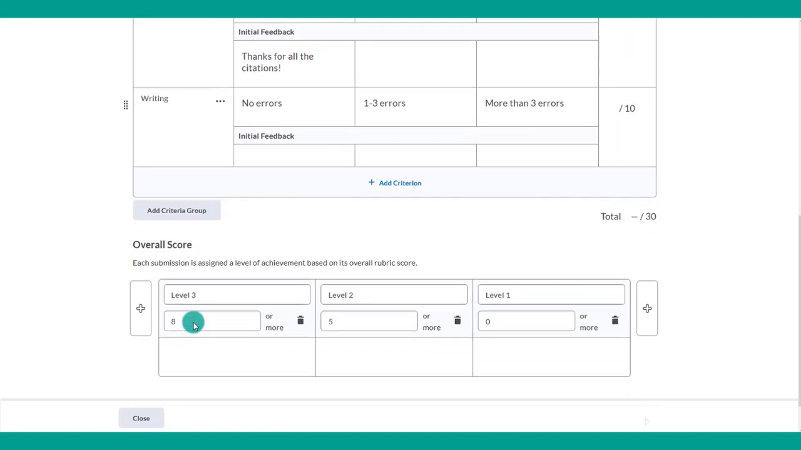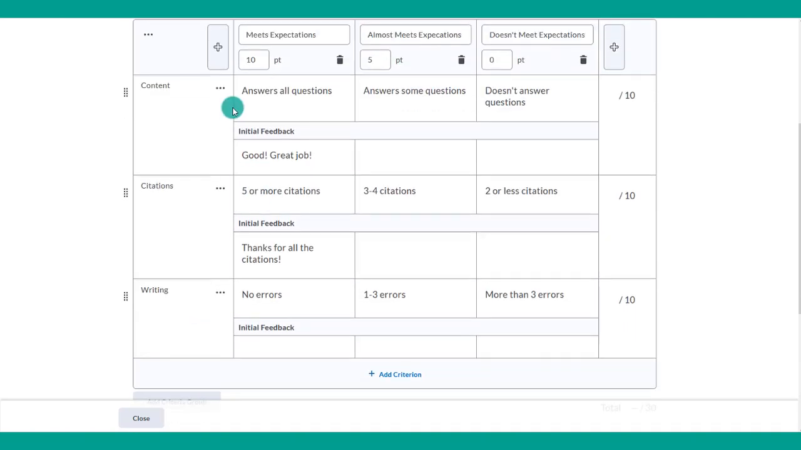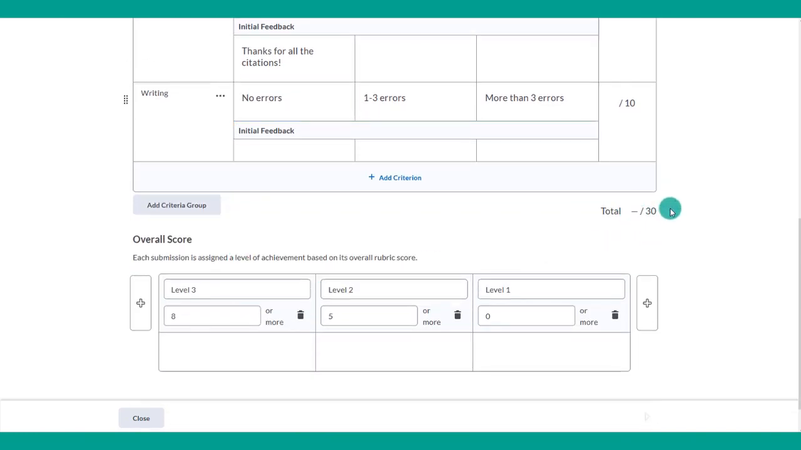Then down at the bottom, you're going to add in the overall scoring. So this is going to be overall for the rubric. This is going to be scoring for individual criteria. But notice that the total is 30. So say that they earn 28 out of 30 points. So 28, 29, or 30 out of 30 points, they're going to reach level 3, which is